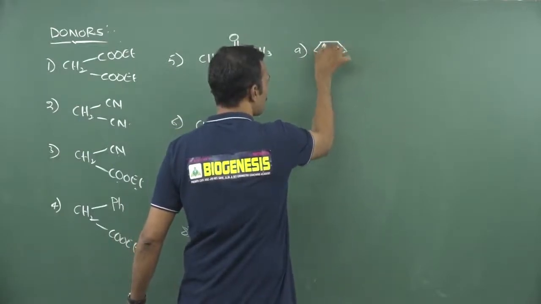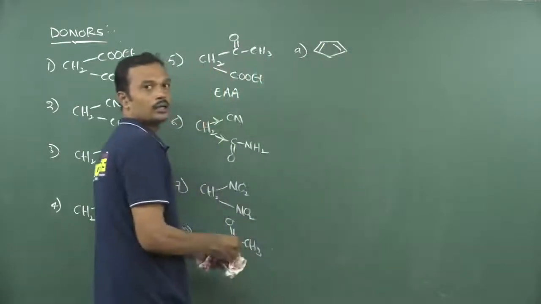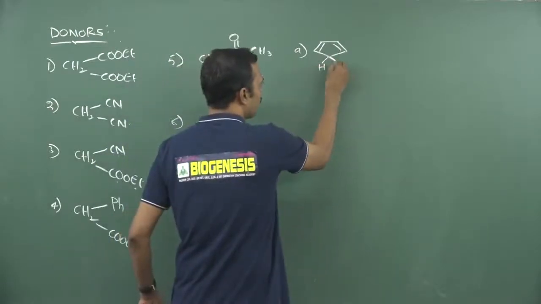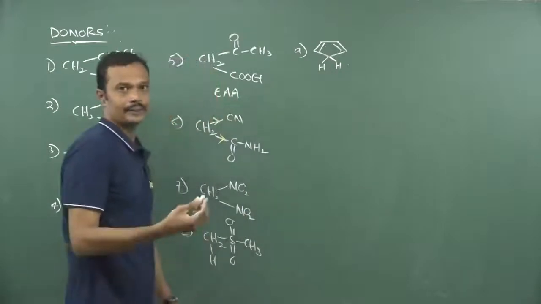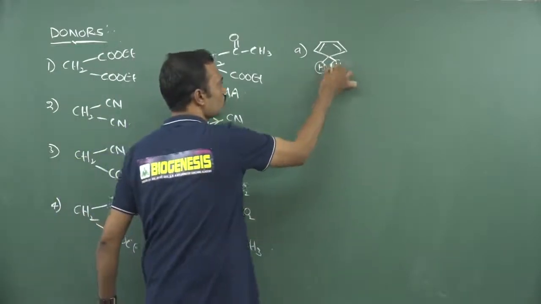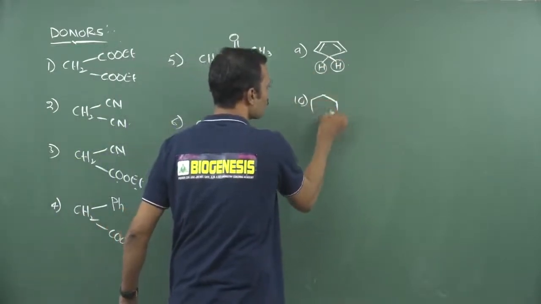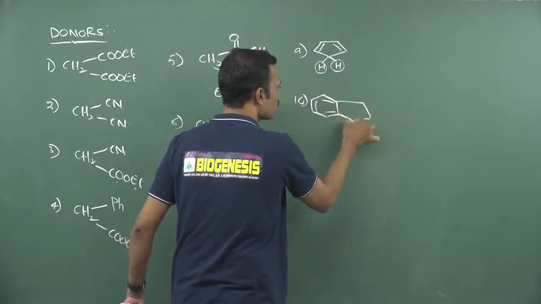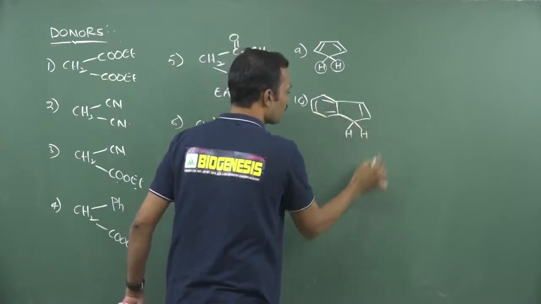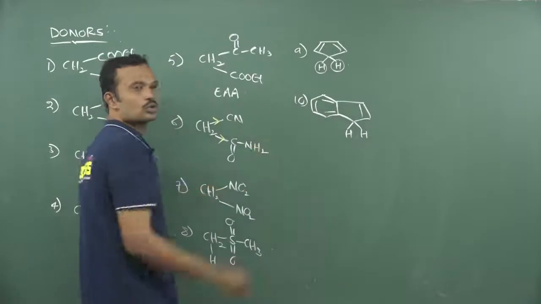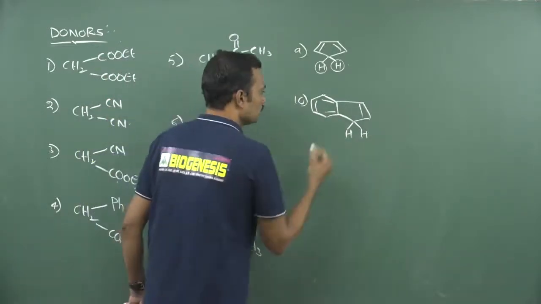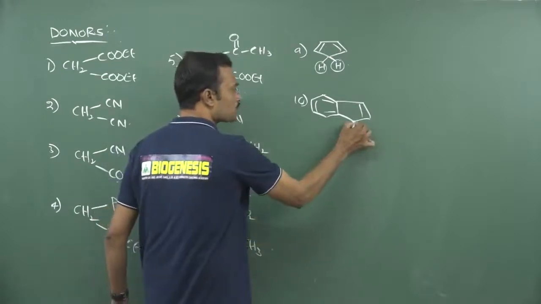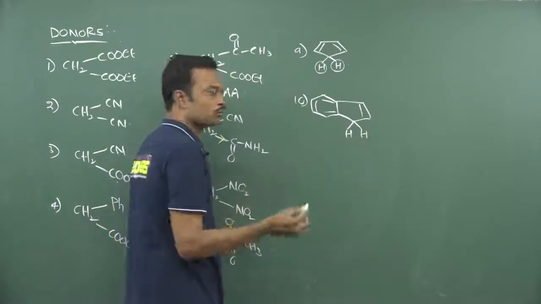So we can also take a molecule which carries a CH2 carbon like this. This is called cyclopentadiene. Which having two hydrogens will be effectively involved. So this is called indene. This molecule name is indene. So two carbon hydrogens are present. It is also a strong proton donor, also called activated CH2. This activated CH2 is also known as active methylene group.